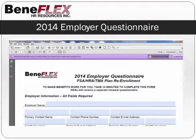BeneFLEX has been using the questionnaire format for several years to collect the data for a smooth and easy renewal process. For those of you that are new to the process, we are going to quickly go through each section of the questionnaire. We have simplified the process for you by making this a fillable form. Once the form has been completed, you will need to click on the Submit button in the upper right-hand corner. If you receive an error when trying to submit, make sure you have answered the 3 required questions under Choose